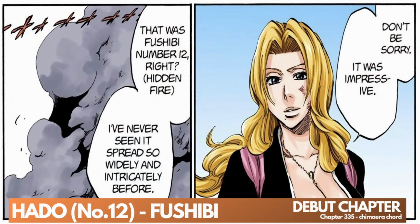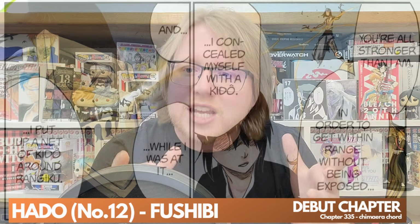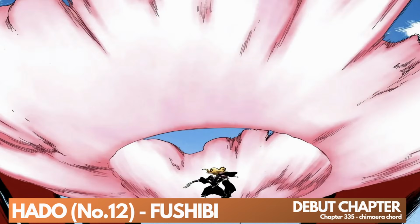Now, this next one is another slightly strange one. Hinamori uses Hado 12, Fushibi, as part of her intricate explosive net with which she manages to wound the Tres Bestia. It's difficult to know exactly what part of this is Fushibi as she ignites the net with Tobiyume, but